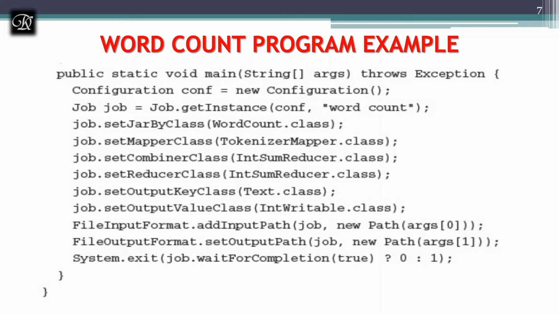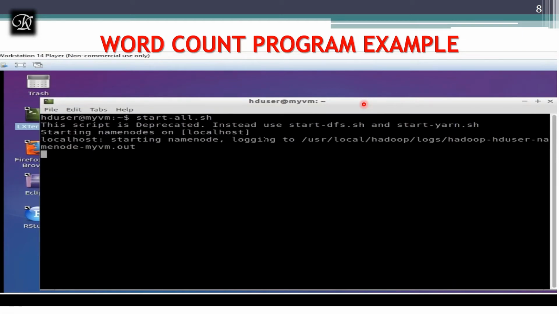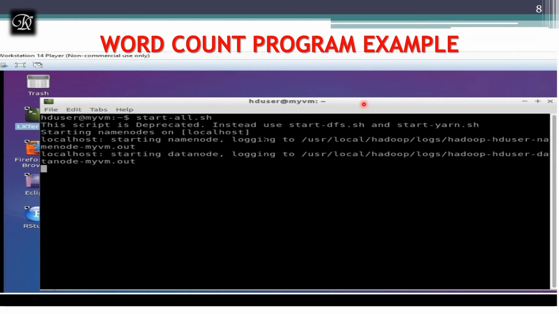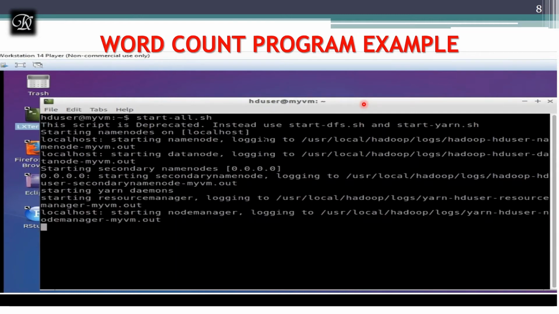Let's see how this program is going to work. Initially, let me begin with starting Hadoop. You know this, I have discussed even in the previous video, how to start Hadoop and what startall.sh is, which is a shell script that has multiple commands to start each daemon of Hadoop: the name node, data node, resource manager, secondary name node and all.